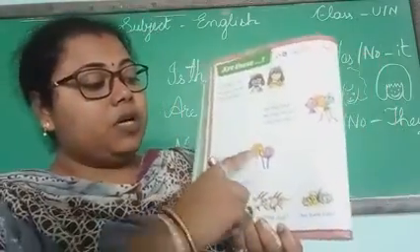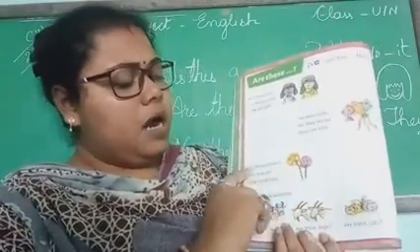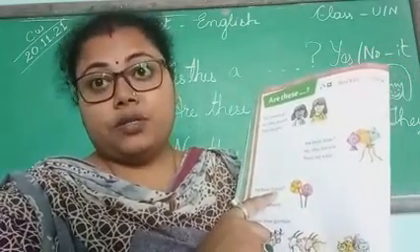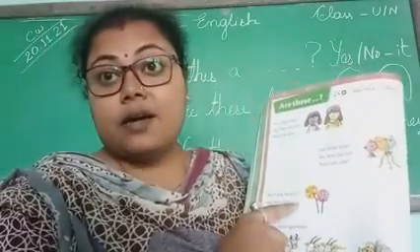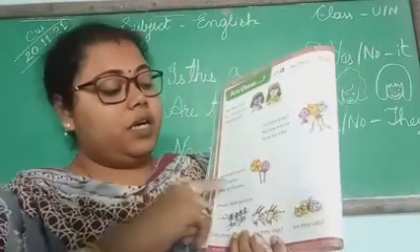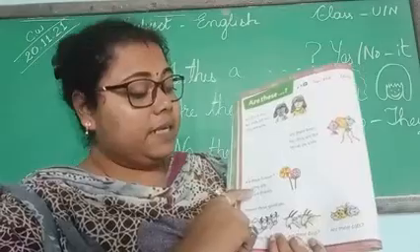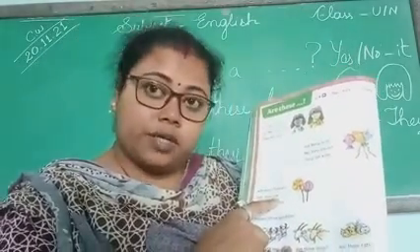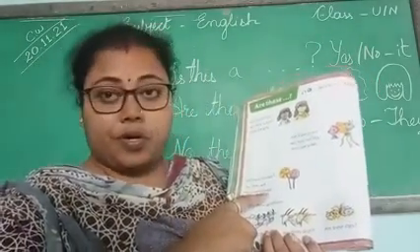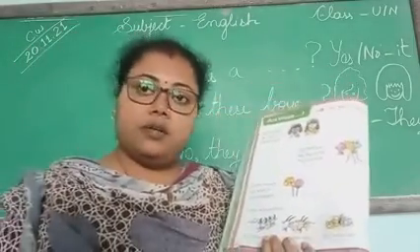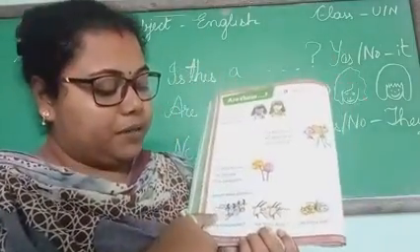Okay? Now come to flowers. Are these flowers? Yes, they are. Again, you will not write they are not. You will only say, yes, they are. Okay? They are flowers. They are flowers. Done? Now, next, we have to practice.